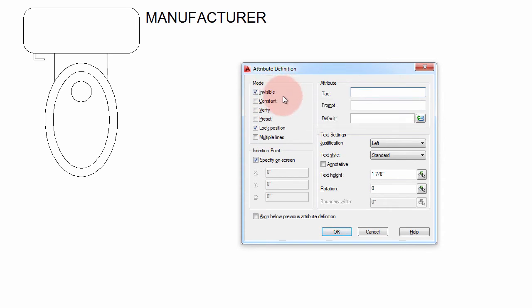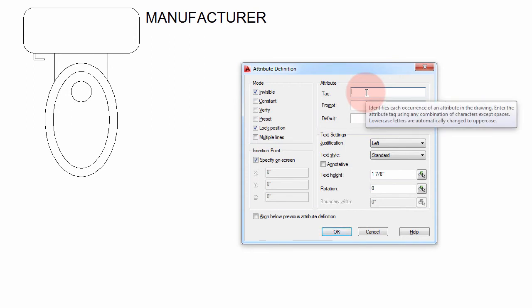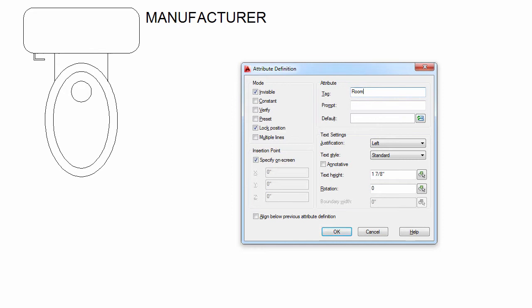Basically, the only ones we really care about are invisible and lock position. Those should be on. The other ones don't matter so much. Anyway, under tag, we're going to put in room. And you can't have spaces in here, so if you want a space, just put in an underscore or a hyphen or something like that. Room name, and then the prompt, enter